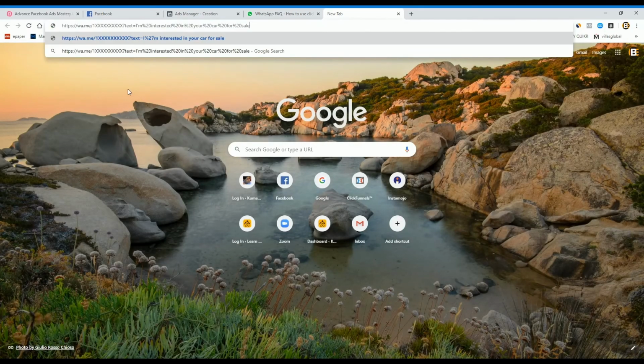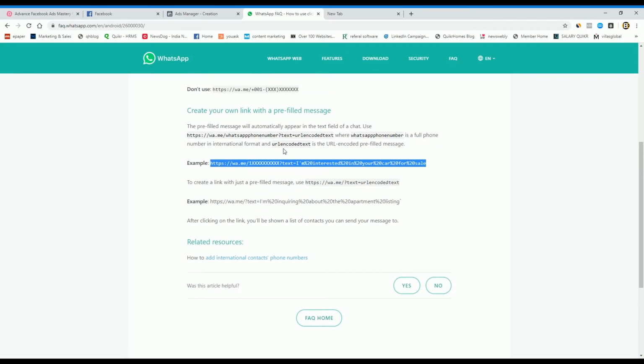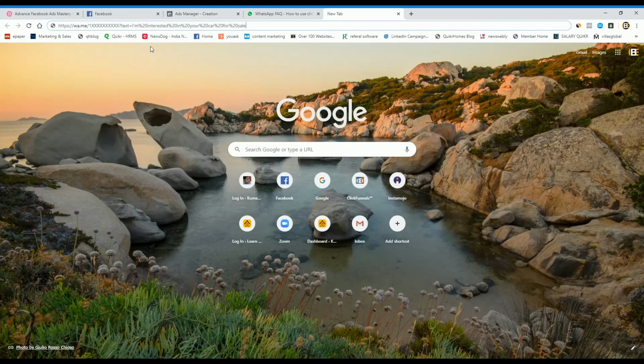Now it shows this is your phone number, right? This is your WhatsApp number first.